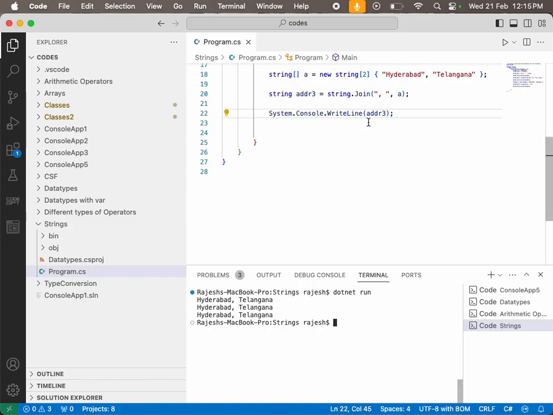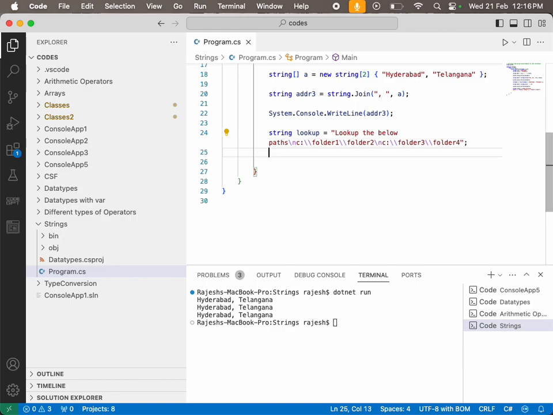And then the lookup example, say string lookup equal to... suppose I want to say look up the below paths, then I have to specify a new line, and then I say C, and then backslash folder 1, again backslash folder 2, and then a new line, and then C backslash folder 3 double backslash folder 4. Okay, suppose I give this,